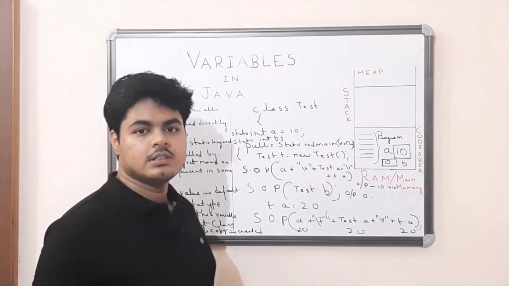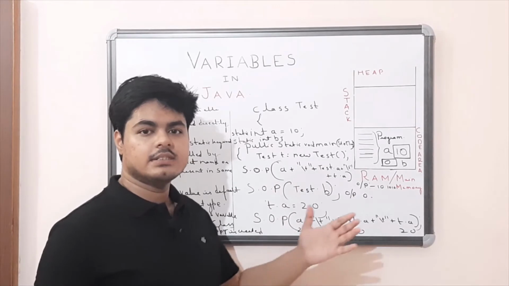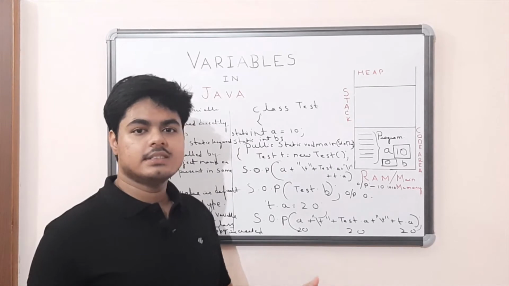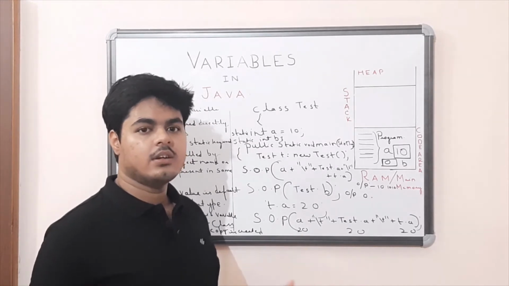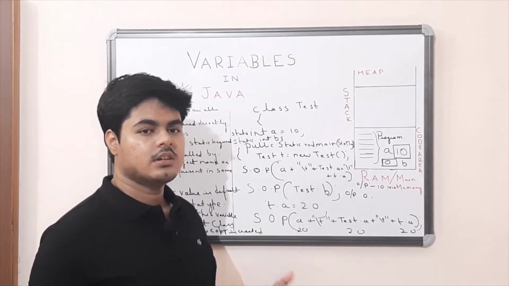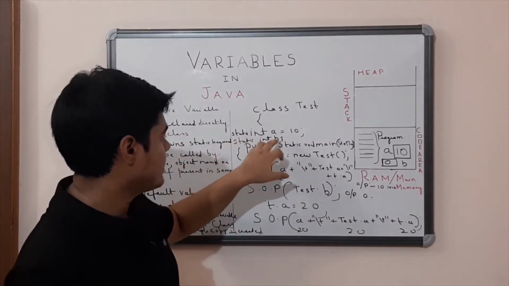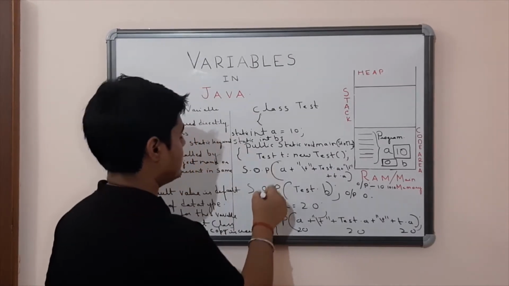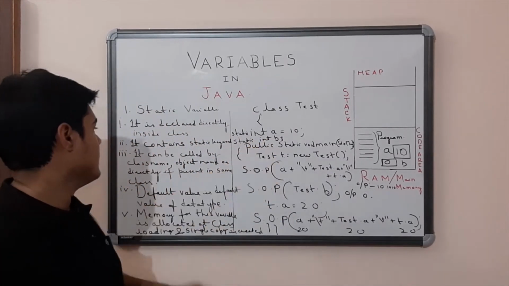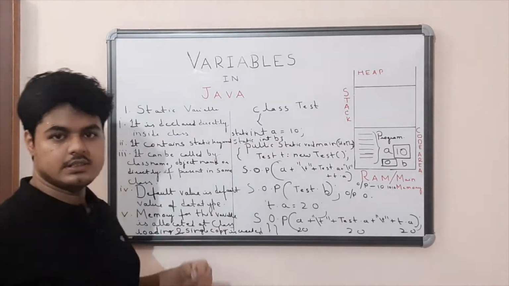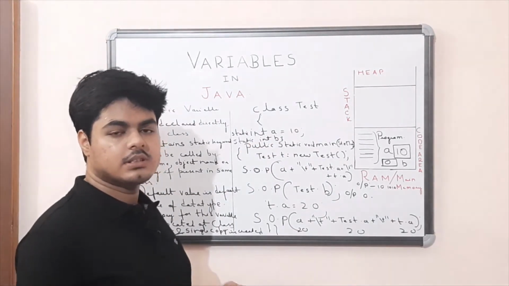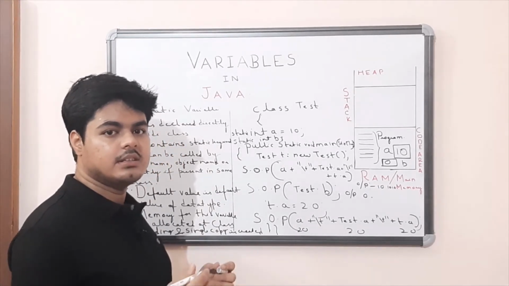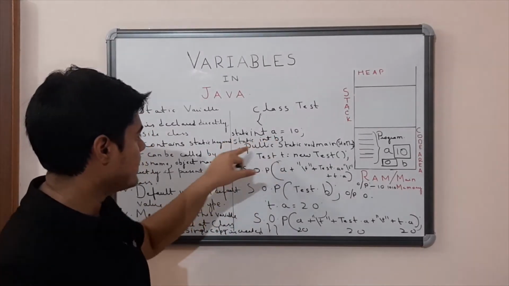Since a static variable is class level, that is, it's the same for all objects, it is directly declared inside a class and not inside a function, constructor, etc. We can see here directly declared inside class and not inside function, int a, int b. Now it contains the static keyword. Since it is a static variable, it must contain the static modifier which tells the compiler that it is static, that is static int a, static int b.